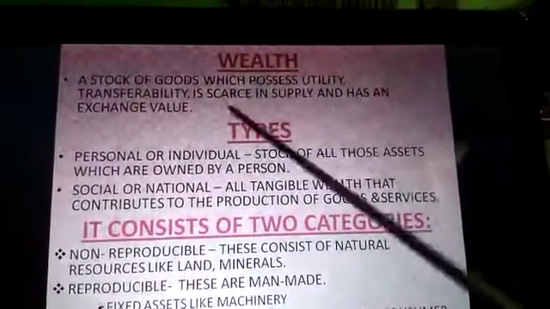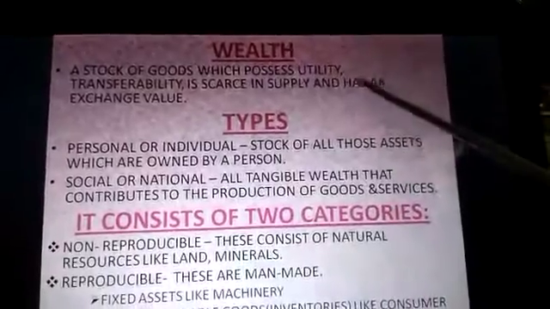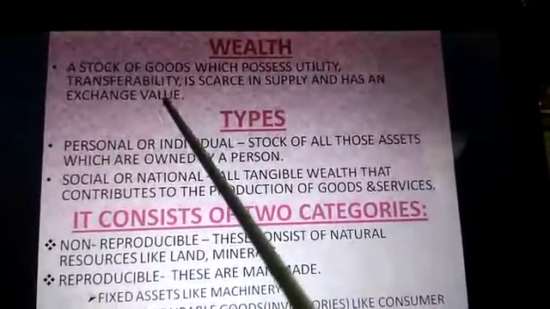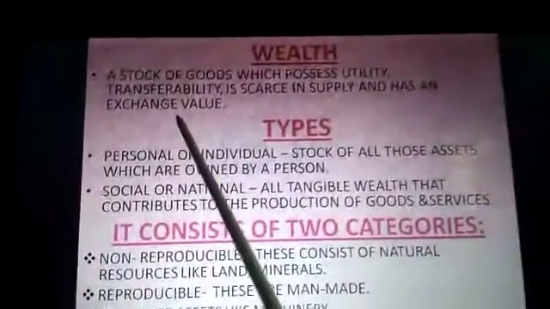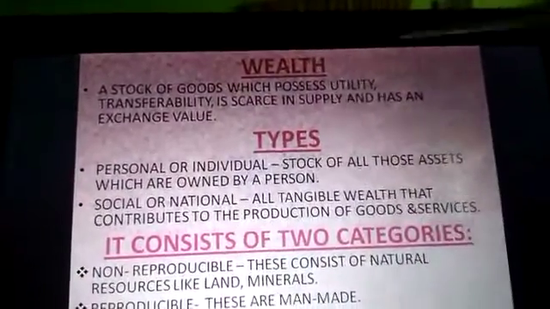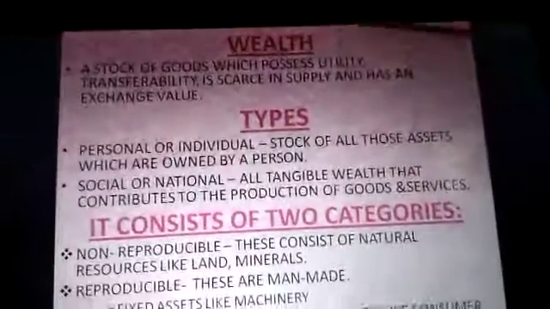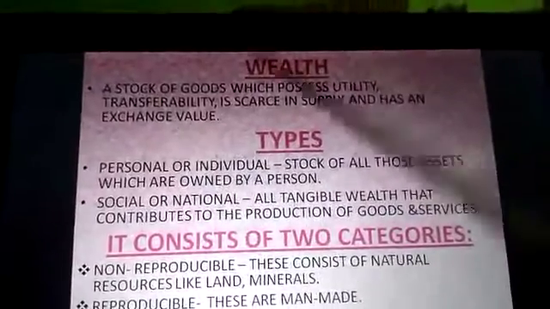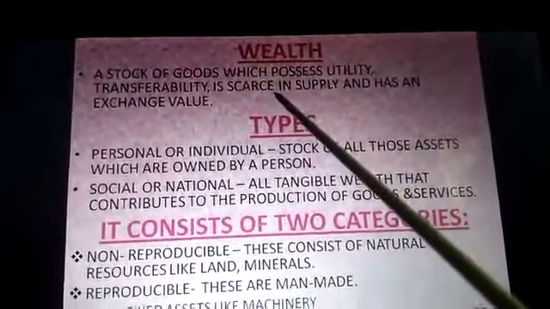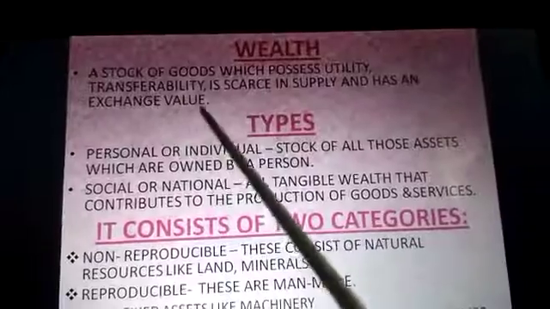It should be scarce in supply, and it should have an exchange value. That means when you are selling it, you must get something back in return. That is known as exchange value. So any asset which you possess, which has utility, is transferable, is scarce in supply, and has an exchange value,